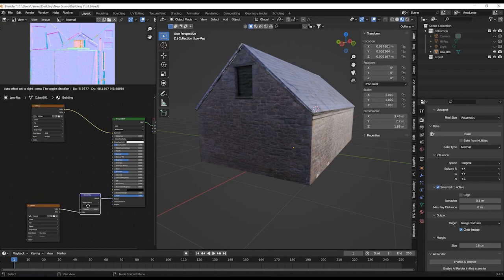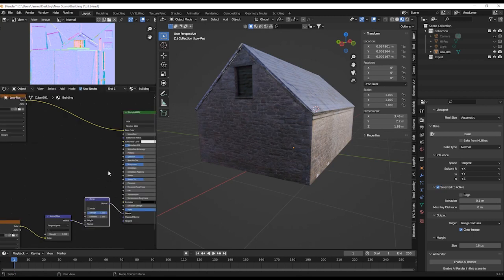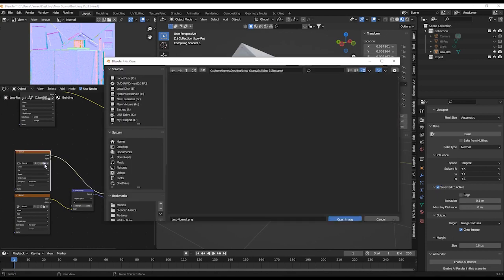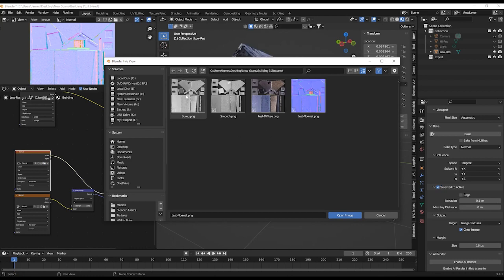Now if I save these two, Control S in Photoshop, and go back to my model, and if I just move these around a little, I'm going to call in a new node. That's with Shift A, and then if I type in bump, there it is. I'm going to place that in between the normal and the Principled BSDF, and I'm going to duplicate this, Shift D, and take the color and plug that into the height and change this file to my bump,